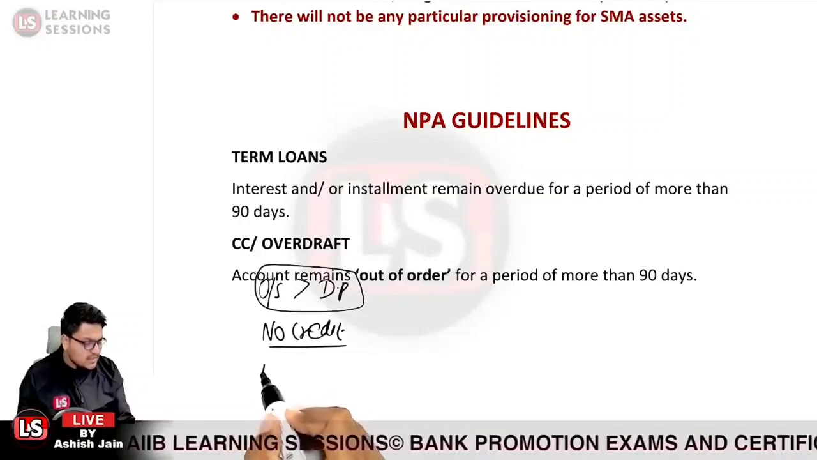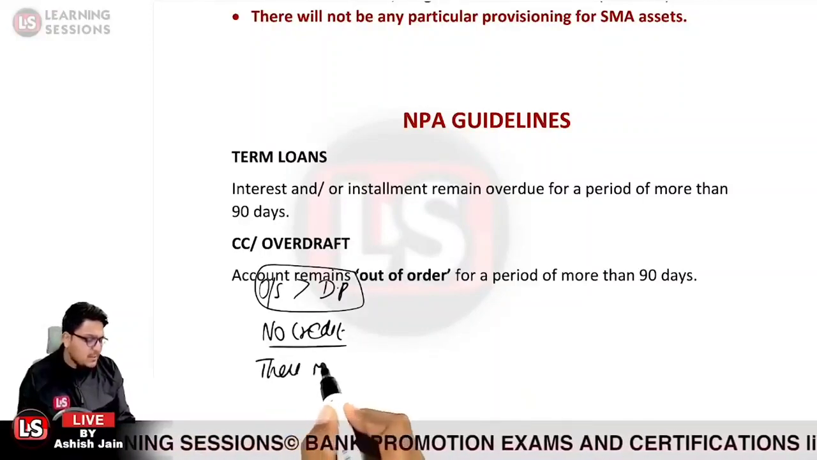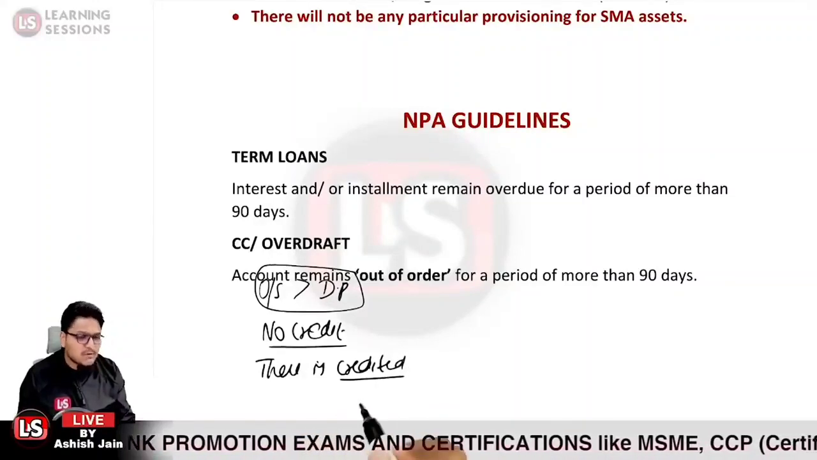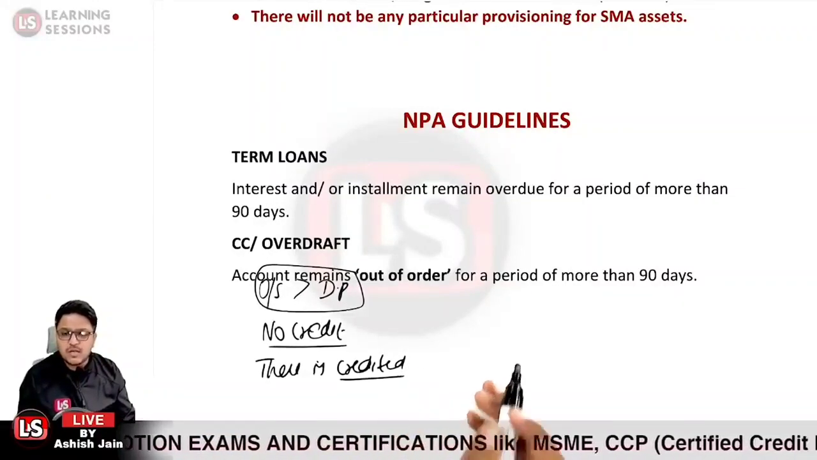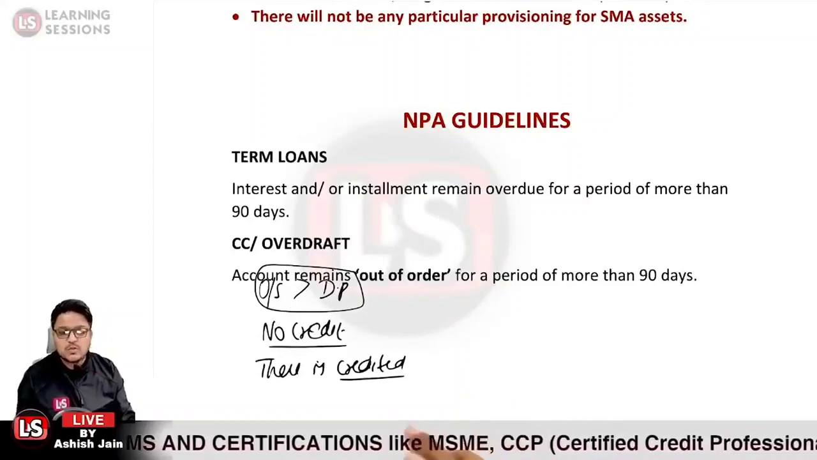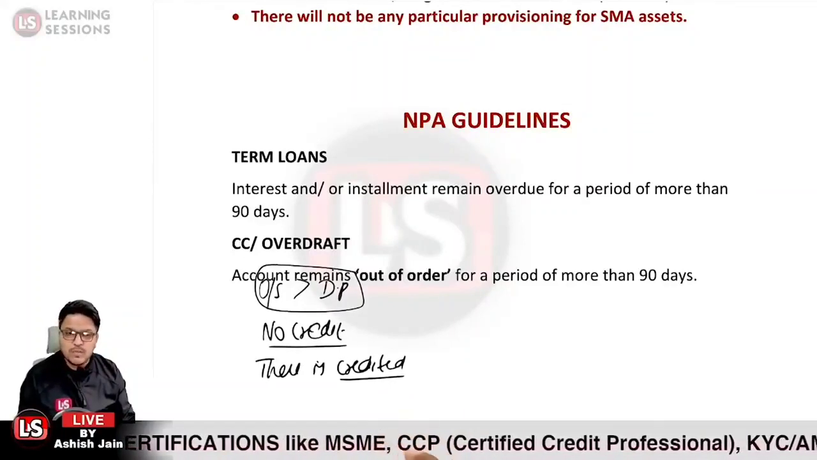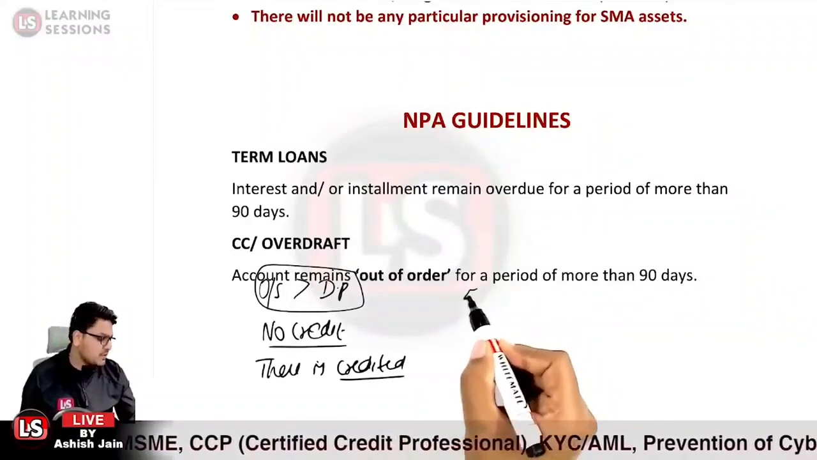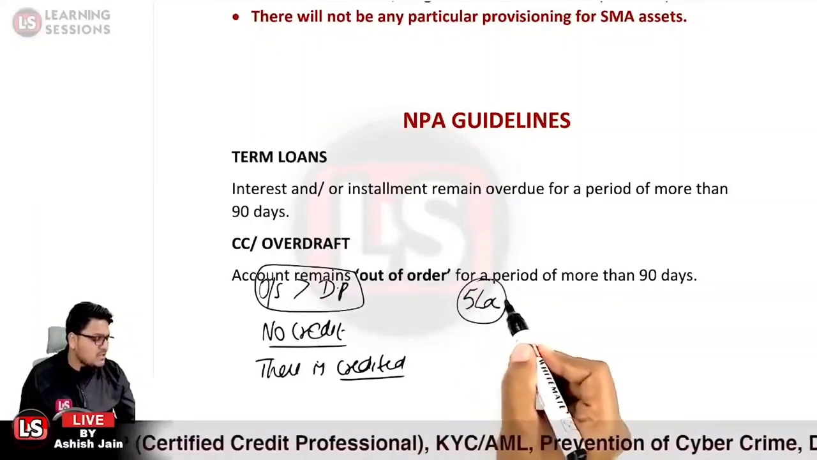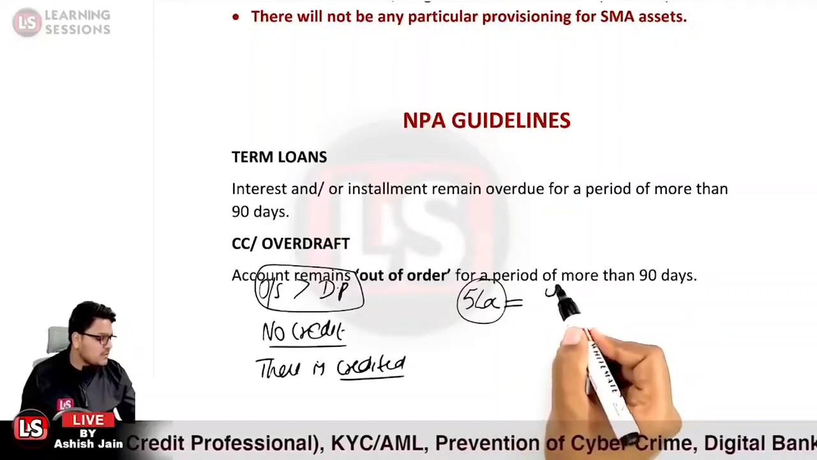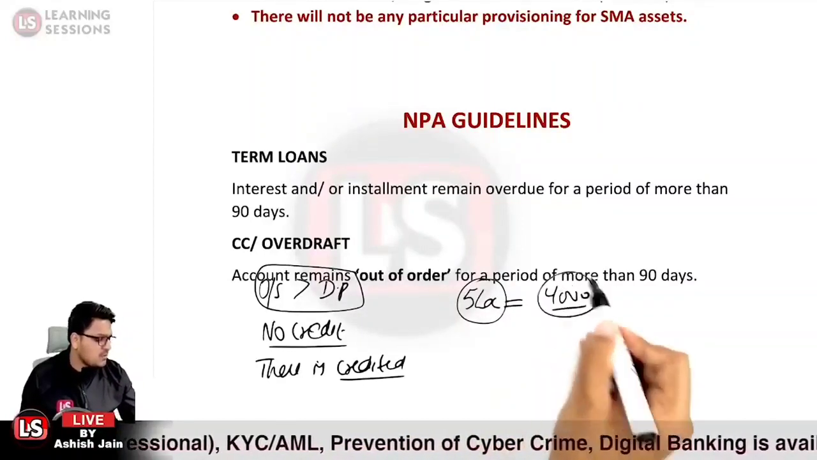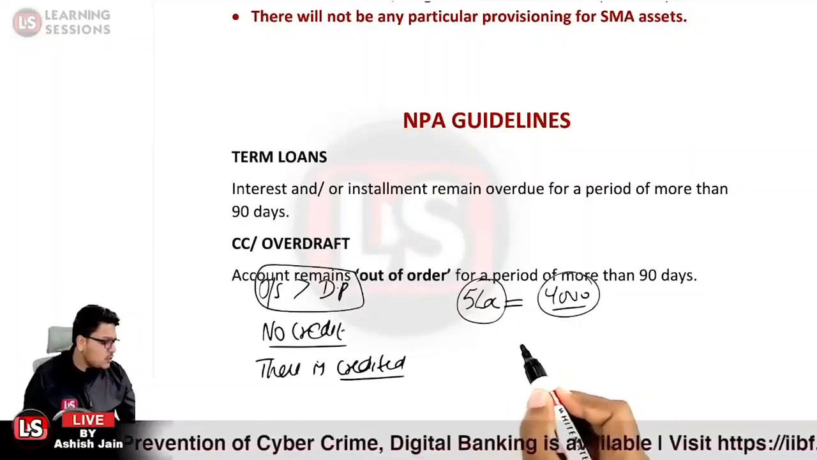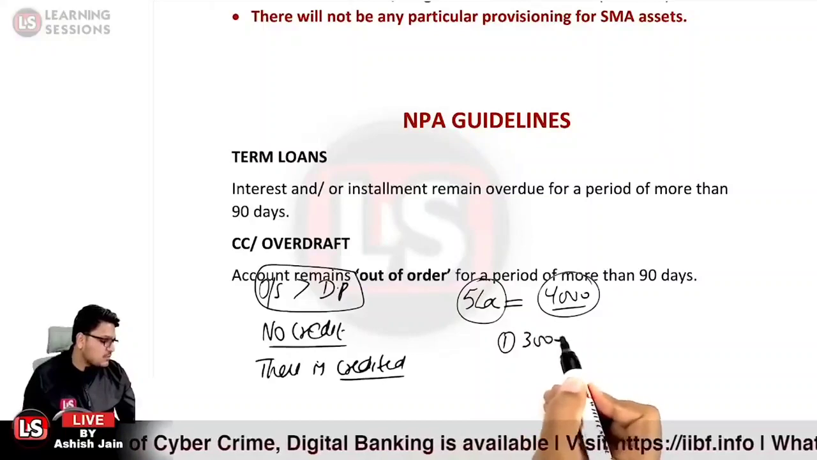And also if there is a credit, but the amount so credited is not sufficient to cover the interest so charged, in that case also the account will be classified as a non-performing asset. What does it indicate? Let us take the case that on a limit of rupees 5 lakh, each and every month interest of rupees 4,000 is being charged, and the person deposited rupees 3,000 in the first month, and further